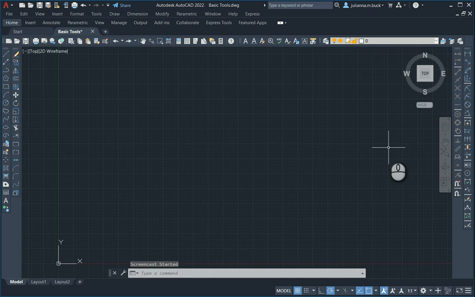Hey guys, today I'm going to go over the basic commands in AutoCAD 2022. I will make multiple different videos for each toolbar that I go over. This first video is going to be the basic mouse commands and the Draw Toolbar, and the videos will build